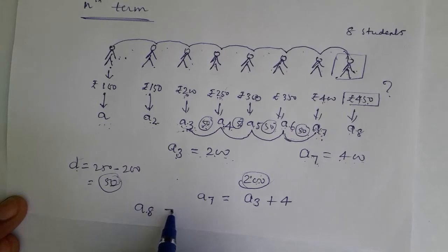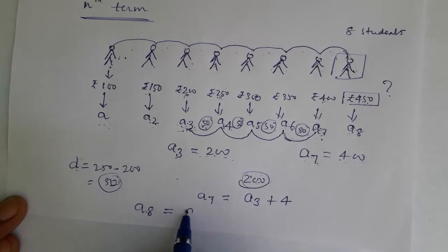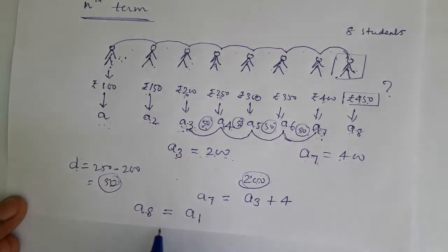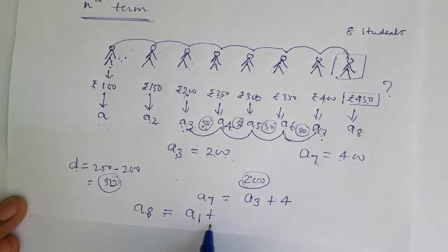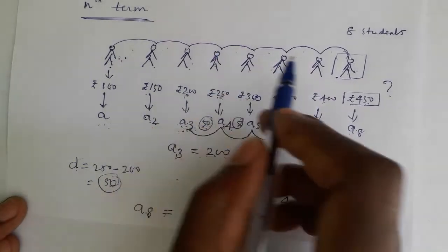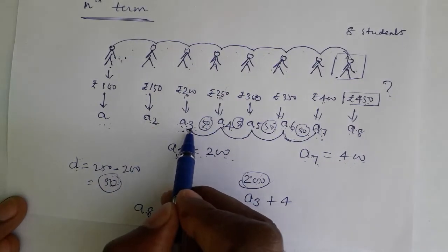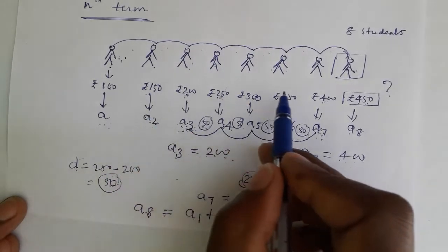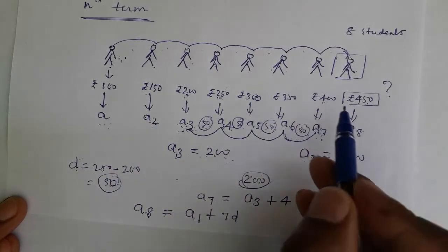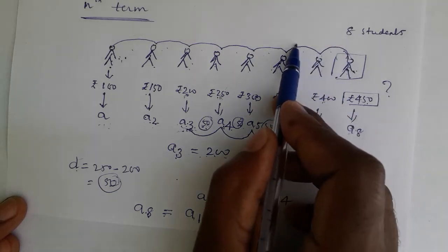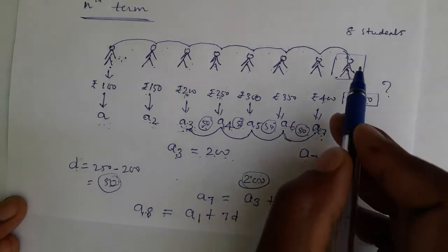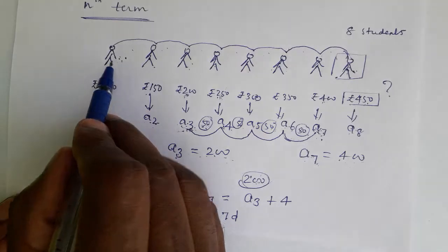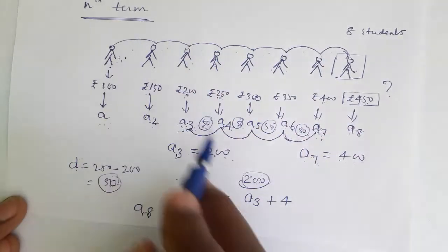So the eighth person, what does he do? He goes to the first person. That means A8 is equal to A1 plus, at that time he takes 7 jumps. Every jump here is 50, as we showed you. Each jump is 50, because between each successive number there is a 50 difference. So when he goes one jump, it is a 50 rupees difference, 50, 50, totally 7 jumps it takes. So the eighth person is A8, his value unknown. He goes to the first person, that means A1, totally it takes 7 jumps.